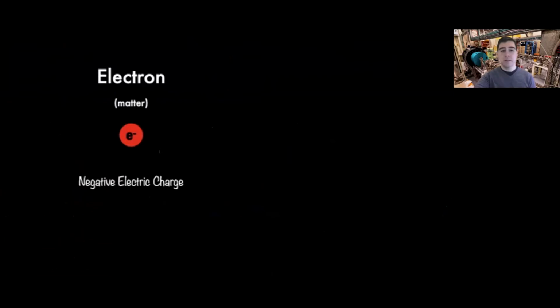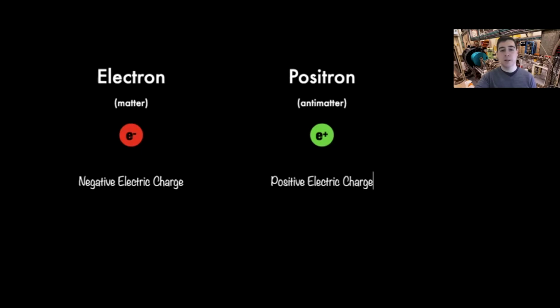As you know, antimatter is all about opposites. So this positron here, the antimatter partner of the electron, has a positive electric charge. And this means that 2 positrons will also repel each other. Not all properties are opposite though. In many other respects, the positron and electron are identical. For example, they have the same mass.